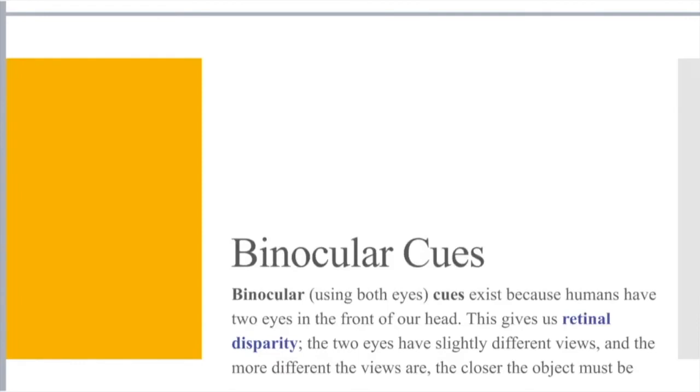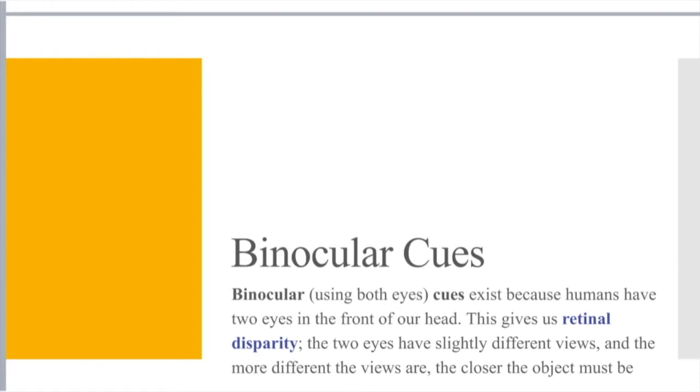So there you have those Gestalt principles. Those are kind of the first cues that we take in terms of perceiving and understanding our surroundings. And we're going to kind of shift our perspective now to binocular versus monocular cues. Binocular, right, by using both eyes. Just the basic understanding that